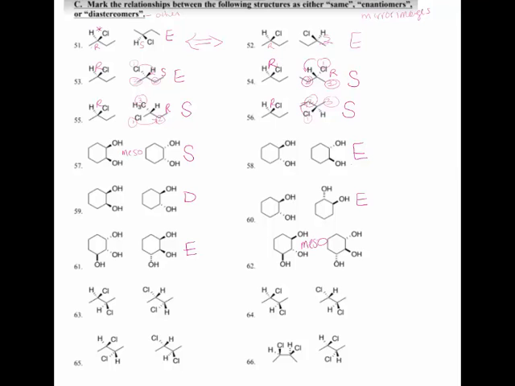They are achiral. I should have seen that at the beginning because there is this line of symmetry here. So this is a meso pair. Here on number 63, let's see, it might be easier if I'm